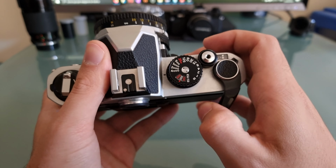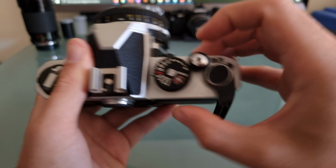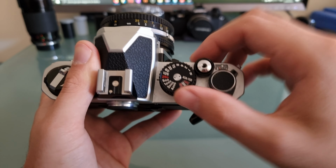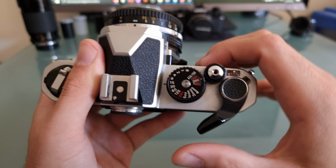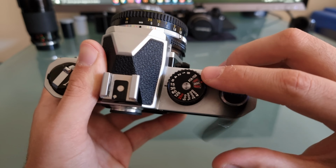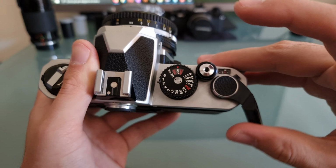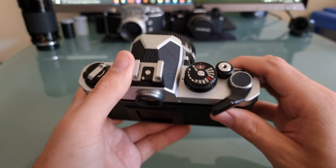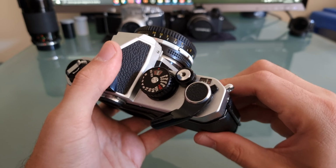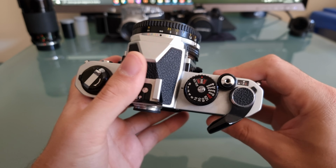After that, to change the camera settings is really simple. You change time and shoot. I make you some shots to listen how good it sounds. And 1 second. Wow, really nice. I really love the sound. It feels really good and solid. And after you have loaded the film,